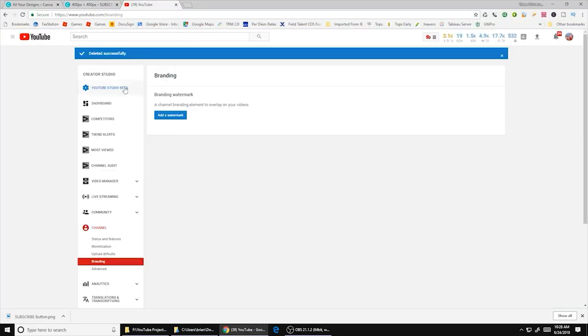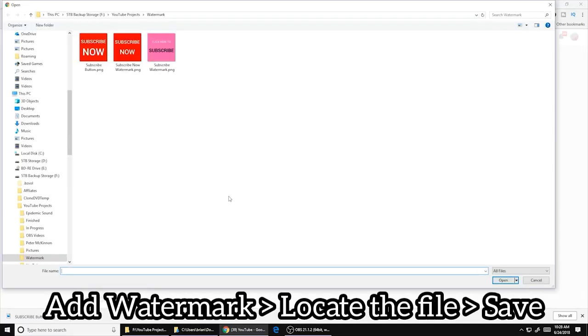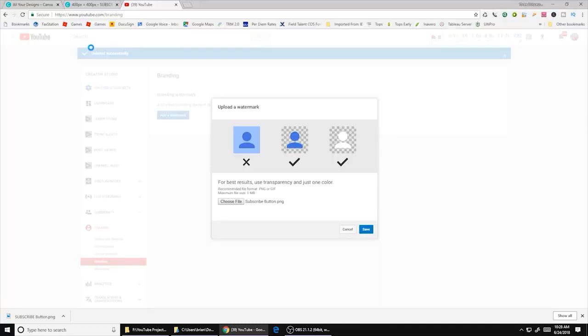I really like this one, so now I'm going to go back over to my Creator Studio, back over to that branding. Now that I've got it saved, I'm going to click Add Watermark. So then I'm going to click Choose File here, click the watermark that I like the best. So just double click on that, and then we'll drop it right in there. Go ahead and hit Save,